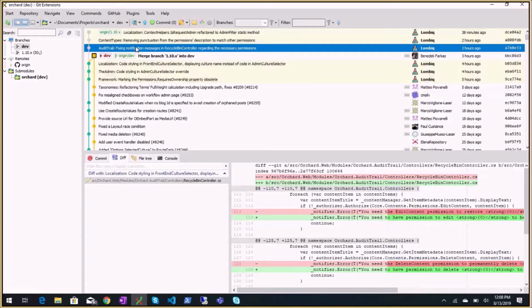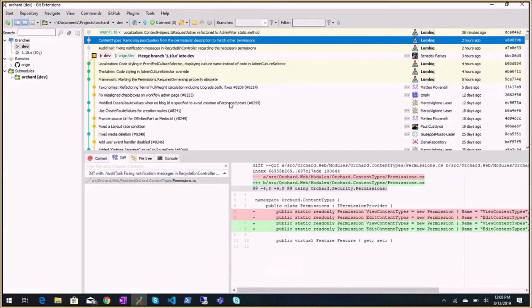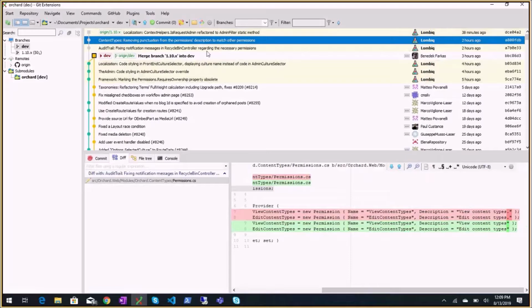Then some more change. Audit trail. Fixing notification messages in recycle bin controller. Okay, better error message. Content types, removing punctuation from the permission description. Okay, no dots in the end.